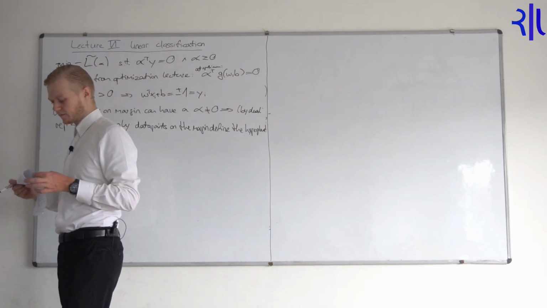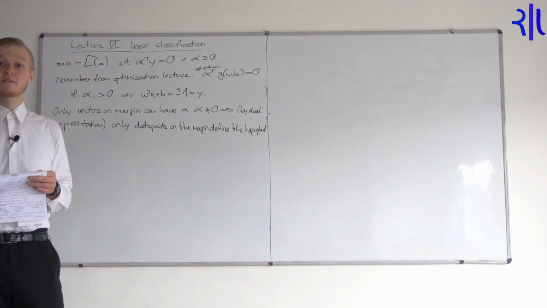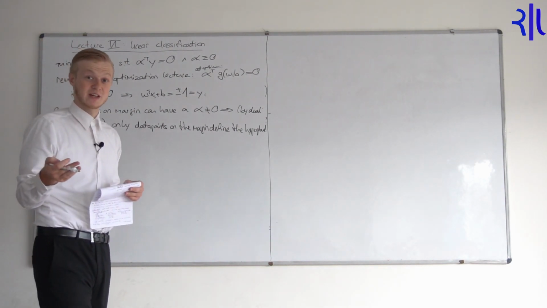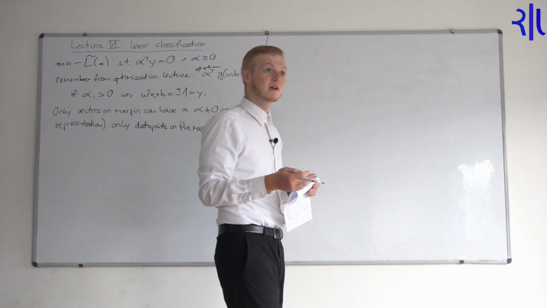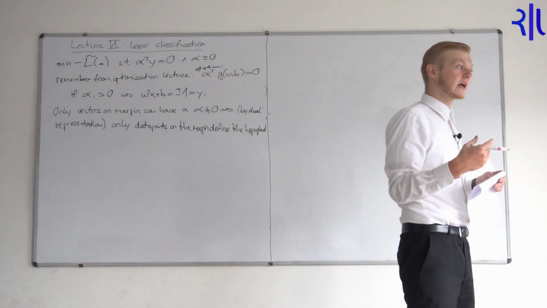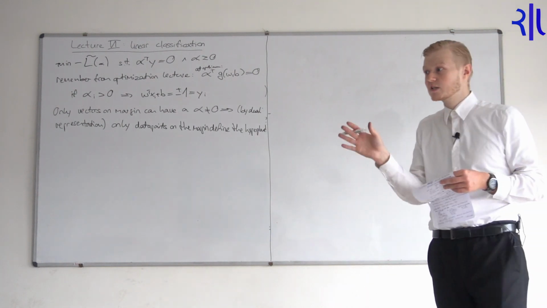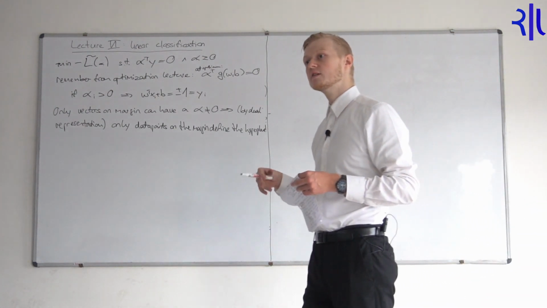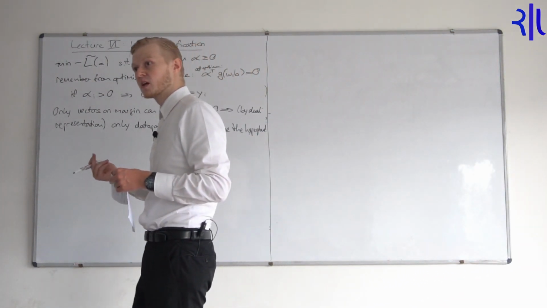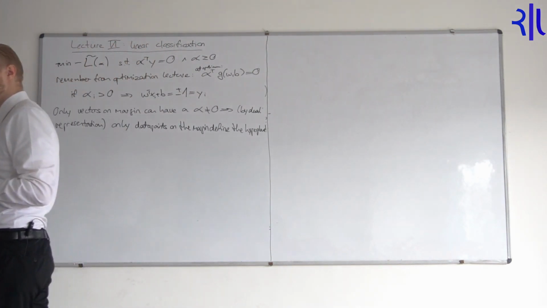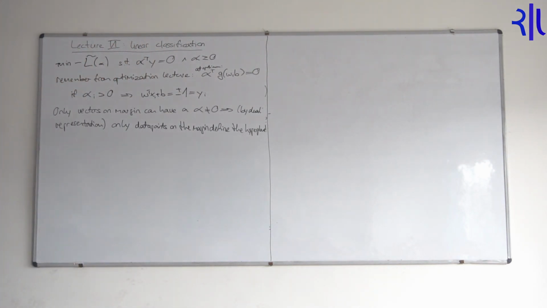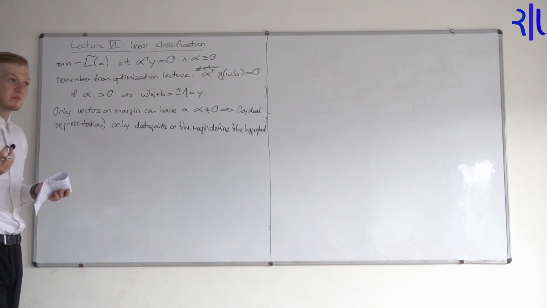So only the data points that are actually on the margin define the support vector machine. And that is very interesting, right? Because it means that for solving the classification problem, you actually don't need most of the data. You only need the data that is close to the decision boundary, which is also something, right, that you might